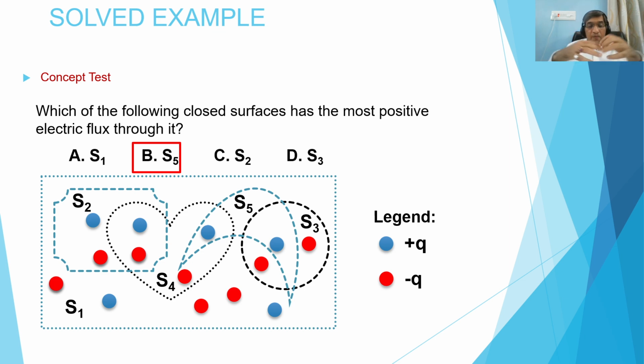I think I explained this question in a very nice way so that you may understand electric flux from these different types of pictures, and this is a very important question. Keep that in mind. Here is the way we calculate the electric flux for different pictures with different charges. You just concentrate on the particular surface and keep counting how much charge is inside the surface, and this gives the electric flux. So now move further. The correct answer is S5.